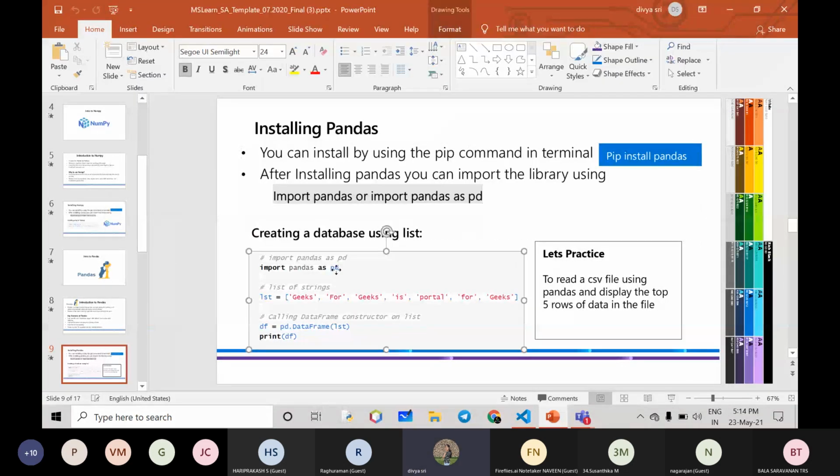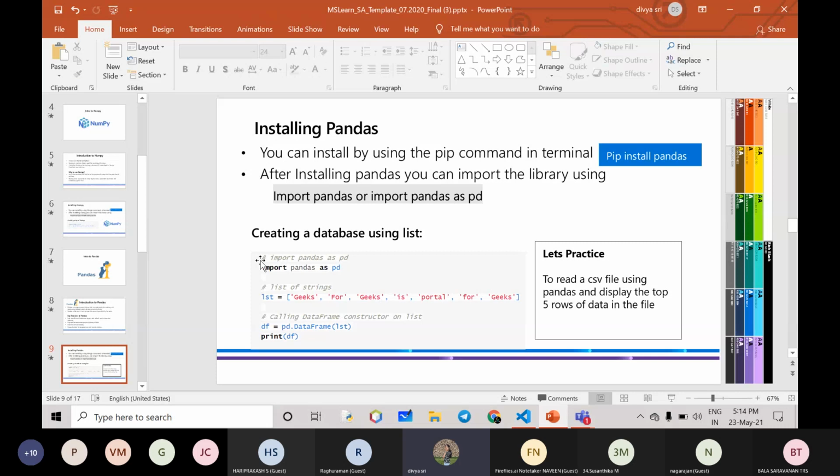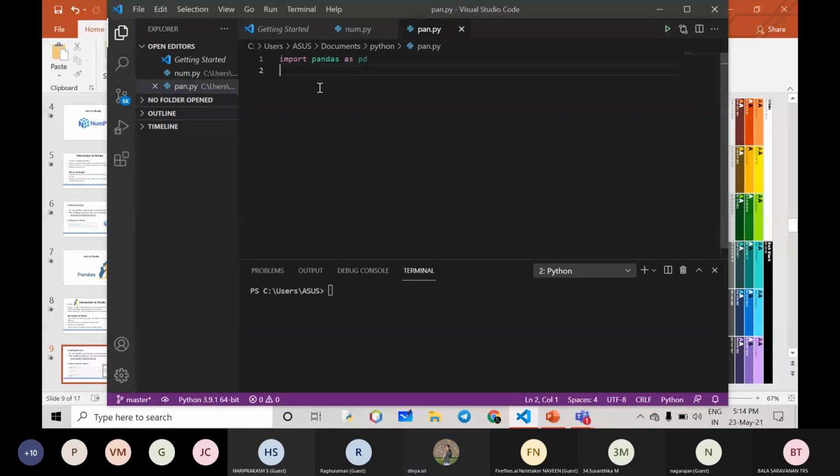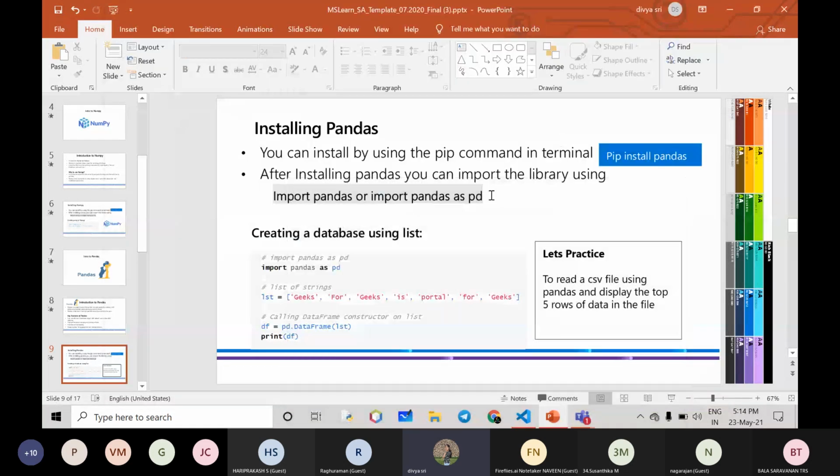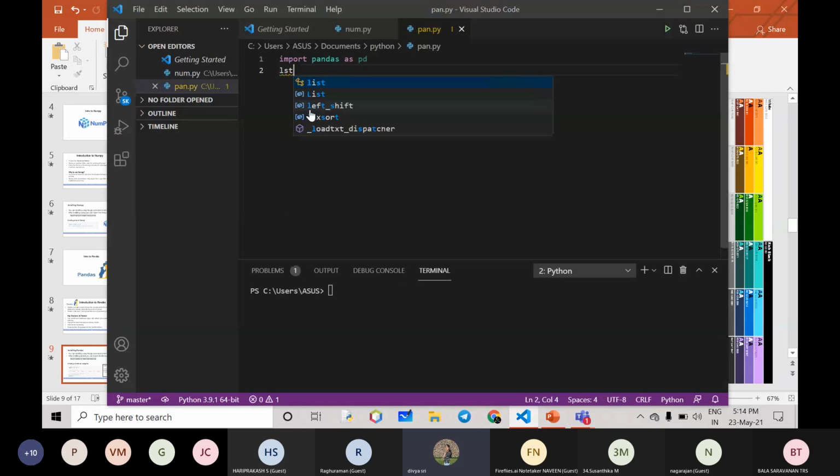So now we are going to create a database. Pandas is all about databases. Now we are going to create a database using a list. So let's create a variable named lst. Let me give my name itself, and OpenCV.